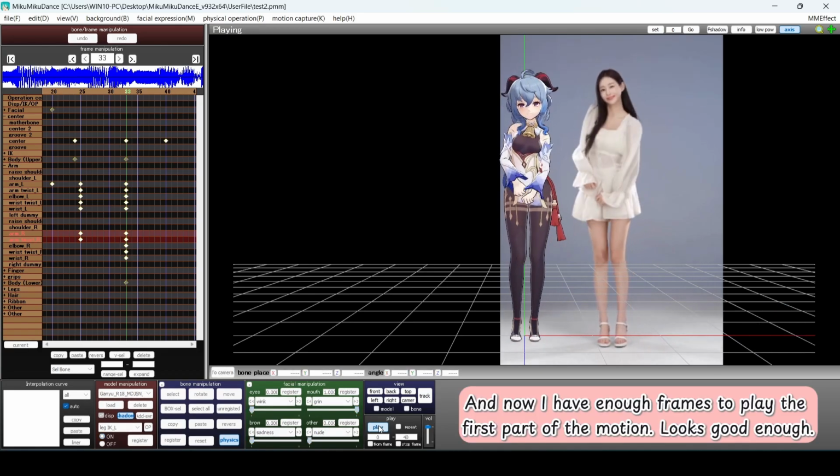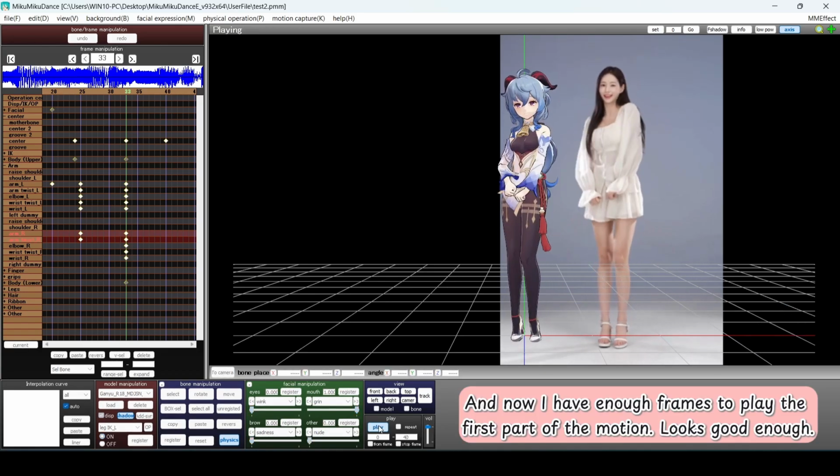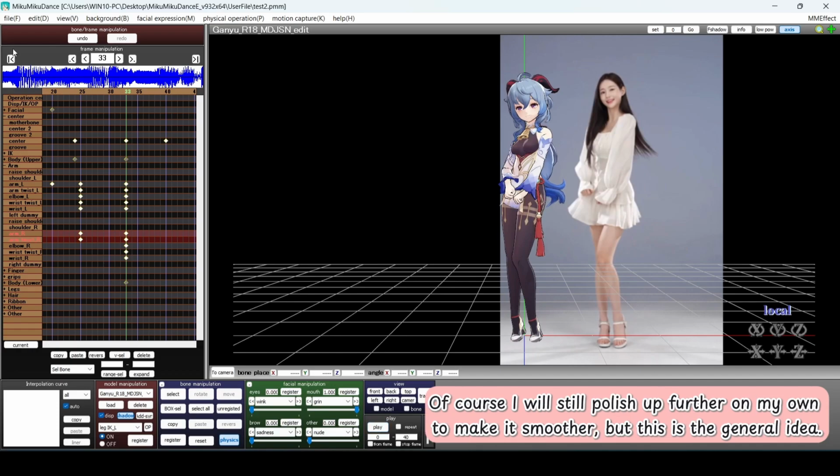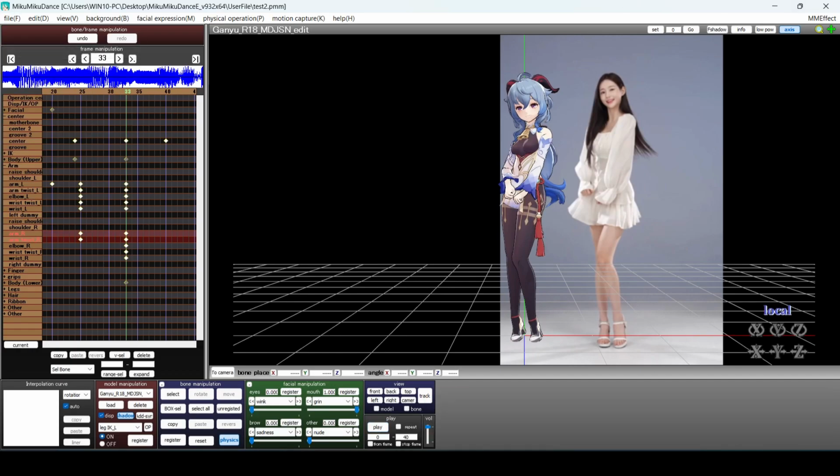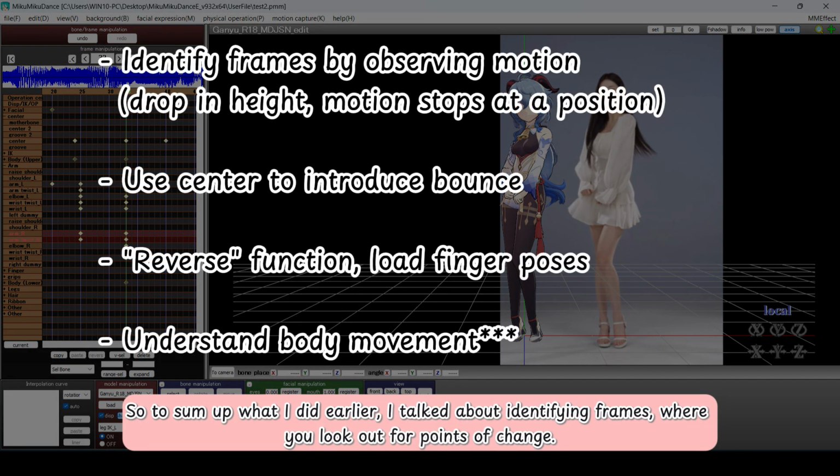And now I have enough frames to play the first part of the motion. Looks good enough. Of course I will still polish up further on my own to make it smoother, but this is the general idea. So to sum up what I did earlier,